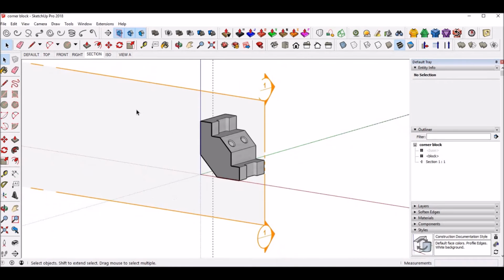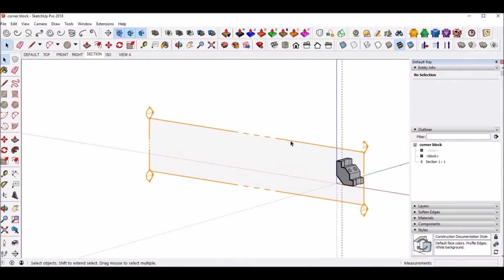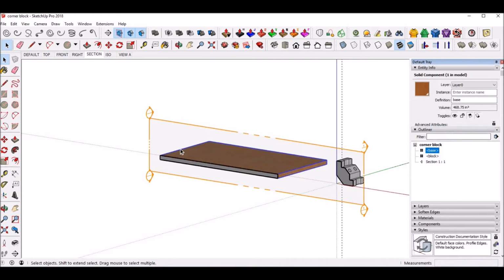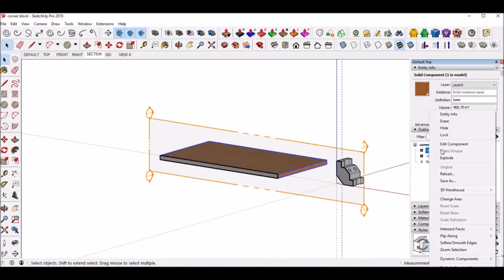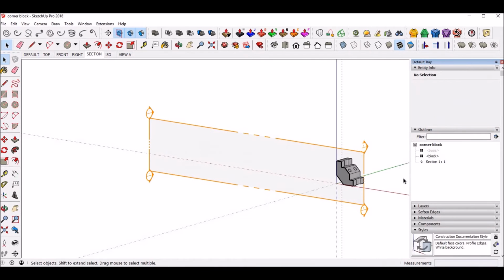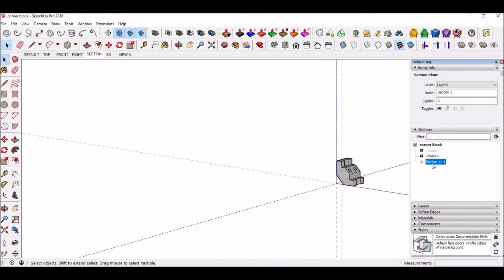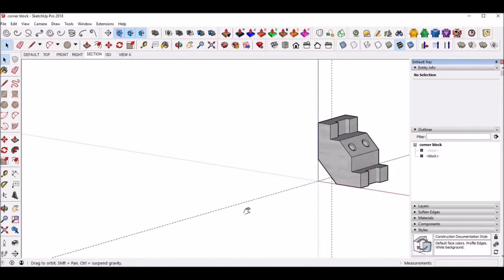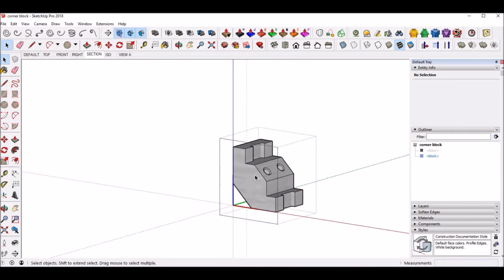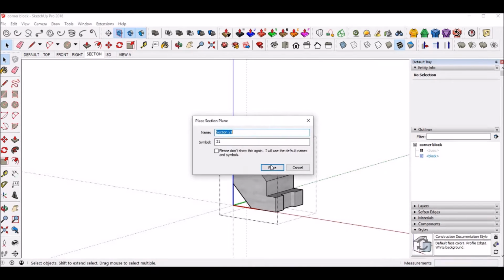First thing you're going to notice, if you zoom out, look how long that is. That's because right here, hidden, is our base. So it's also doing a section cut of that. We don't want that. If you look at the outliner, notice how it's encompassing everything. We want our section to be inside the block. So what do we do? We come up to our block, double click it to be in component editing, and now we grab our section plane